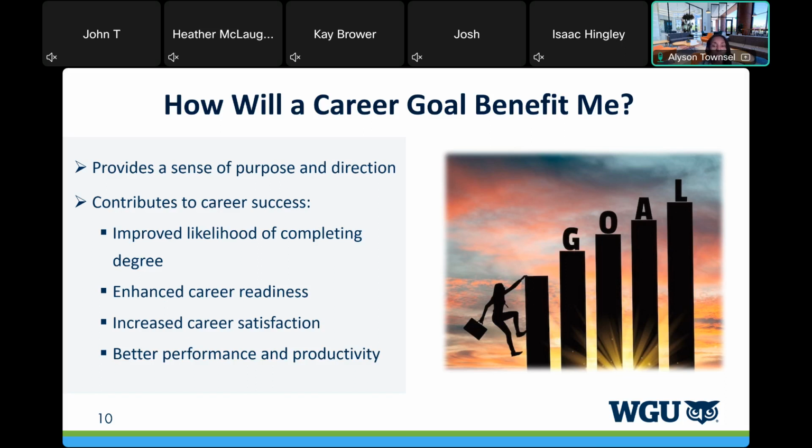But if you are planning to do something with this degree, like obtain a particular position or gain specific experience or increase your industry knowledge, that increases the likelihood of you attaining and completing this degree. Enhanced career readiness, increased career satisfaction, because now you feel confident, now you feel prepared because you've done all that you could to not only set the goal, meet the goal, but you've also beat that goal because you might